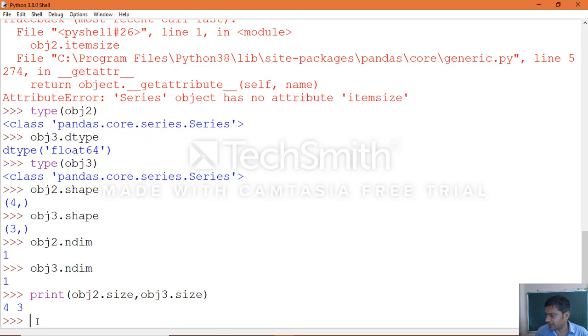Size is how you retrieve the element count. In the same manner, the number of bytes occupied by the object.